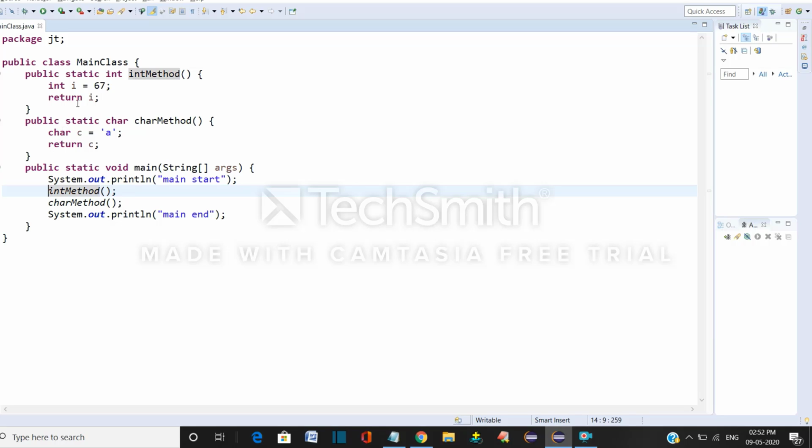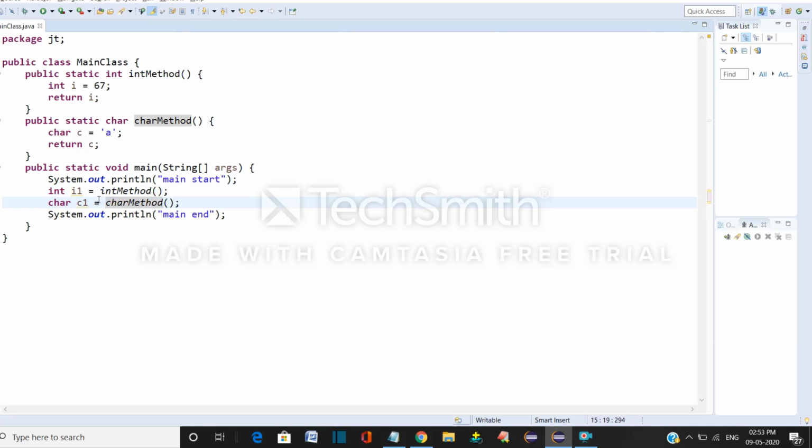The return type here is int, so declare an int variable like I1 and store the method's value in I1. I'll explain later, just go with the flow. In the same manner, char C1 is equal to this.